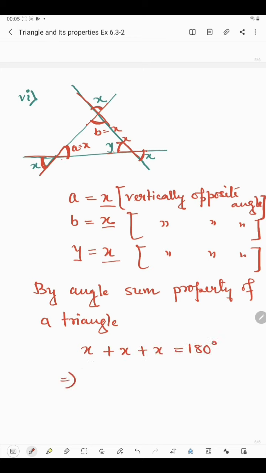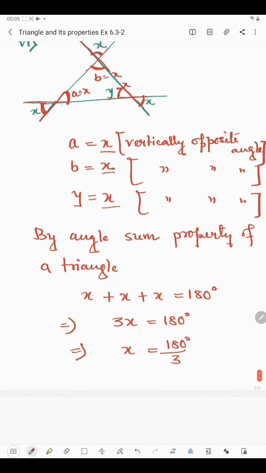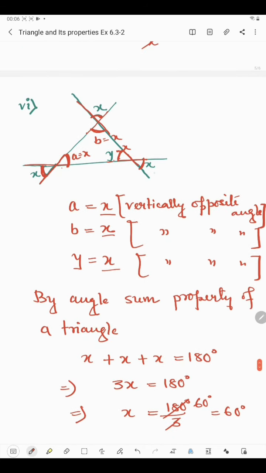So here we have got 3x. So 3x is equal to 180 degree. So what will be the value of x? It is 180 degree divided by 3, because it is given in multiplication form. Now, 3 6s are 18 and 1 0. So the value of x is 60 degree. Now we have got 60 degree. Now here is also x, here is also x, here is also x. That means each angle is 60 degree here.